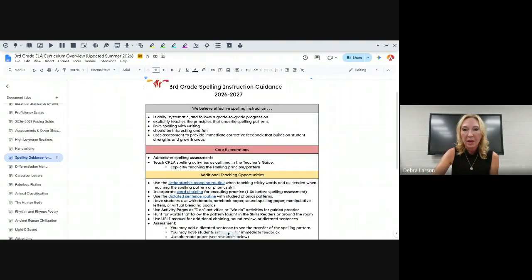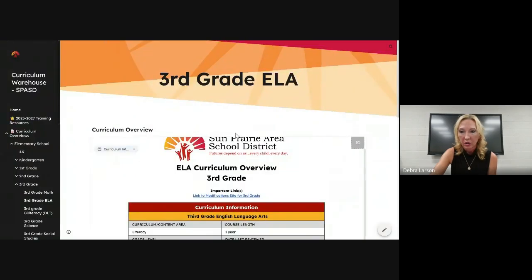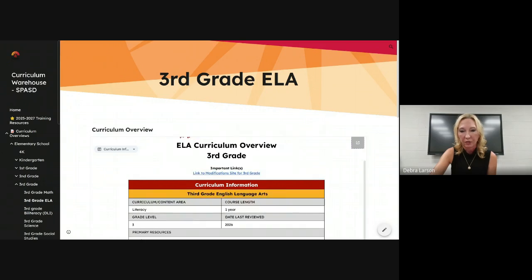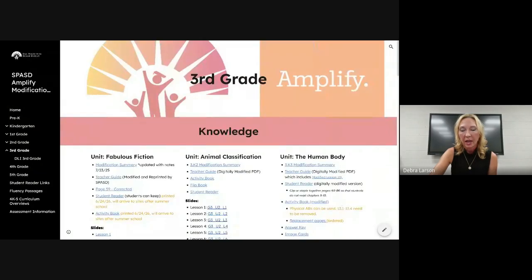All right, from there, the next highlight or next update that I would like to share with you is the reminder of the modification website. So I am currently in the third grade ELA curriculum overview, and at the top of every grade level's overview is the link to the modification site. So you want to make sure that as you are approaching a unit, that you go into the modification site at your grade level and you go into that unit's modification summary, right? Because you want to make sure